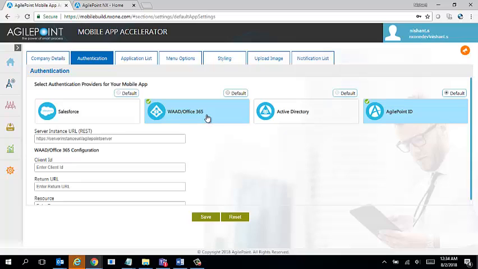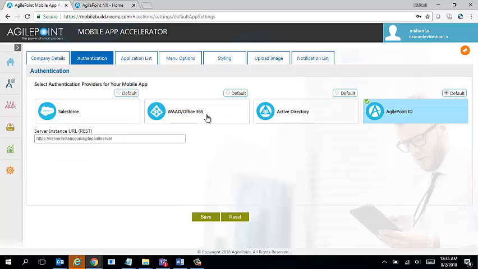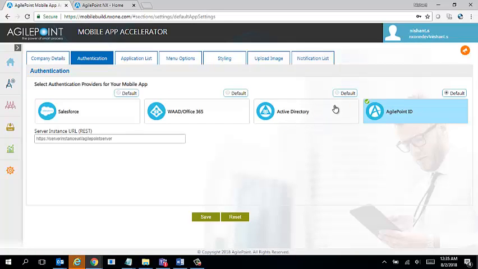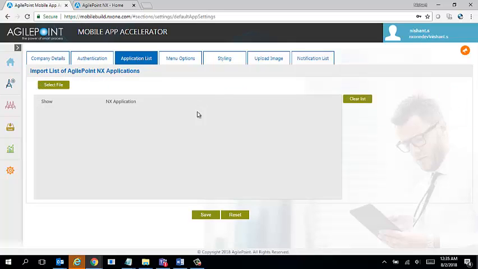So your administrator can pre-configure these for your app so that the end user does not have to deal with this low level detail. I'm going to just keep AgilePoint ID, though I can enable multiple and I can mark one of them as default. I can type in my AgilePoint server URL. Again, my end users don't have to remember these.